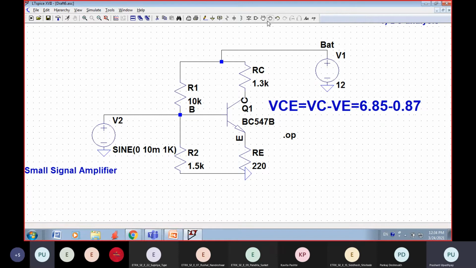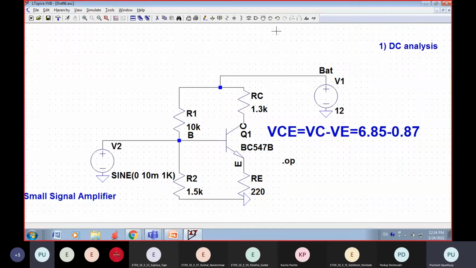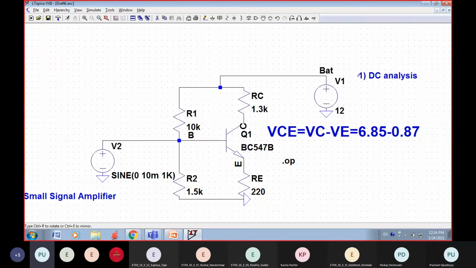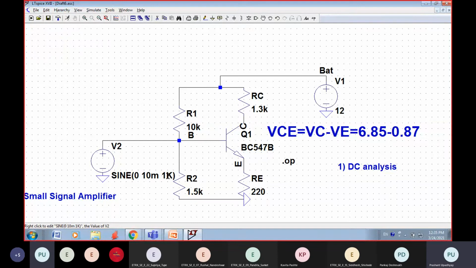And now we are going to test it. Just wait. So this is a small signal amplifier. Now I have just set this input to 10 millivolt and frequency was 1 kilohertz.